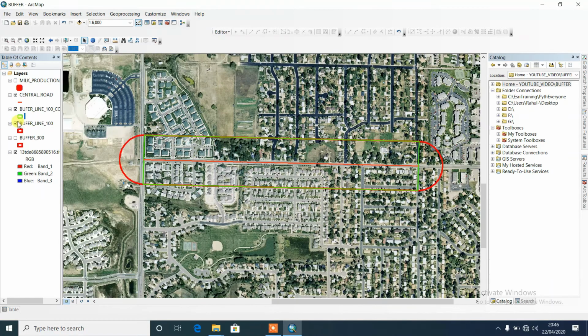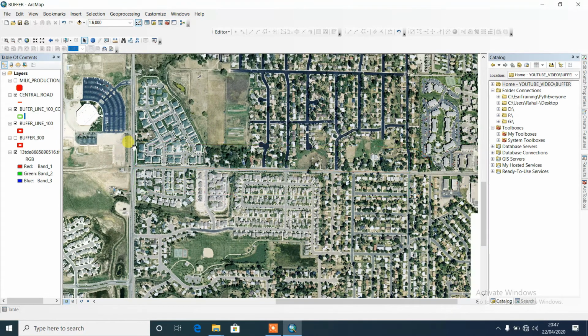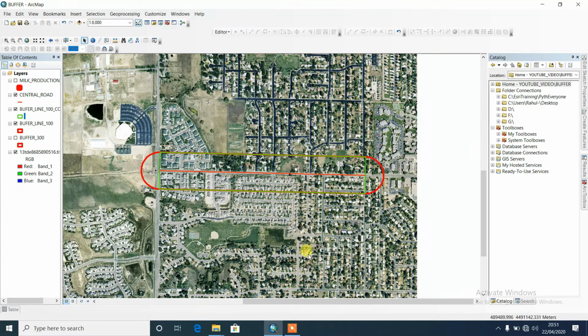So as per the requirement, you can apply different types of buffer and you can change their parameters. Okay, after analysis of the parameter changes, that means flat and round,